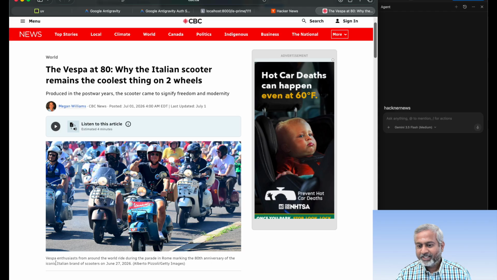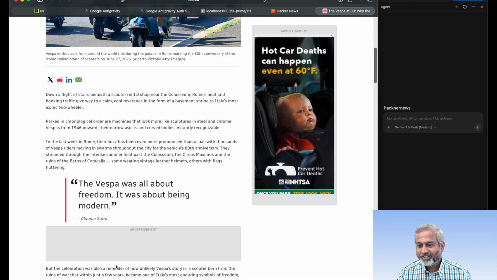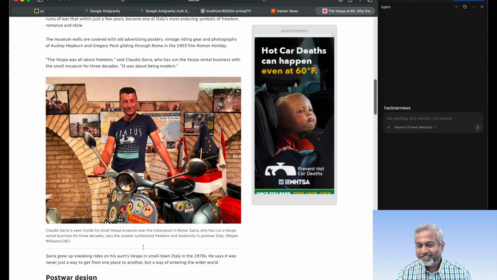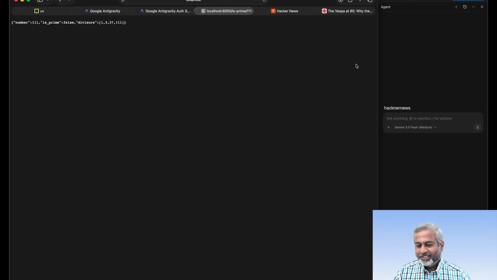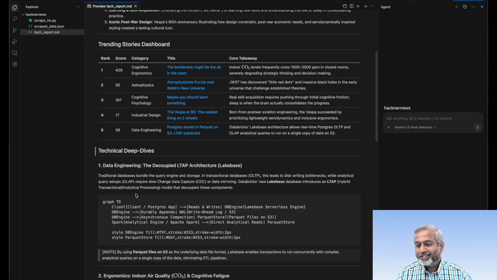So it is an iconic motorcycle, clearly, as you can see. Some of your parents may have had it, right? Such an amazing vehicle that has been in existence for 80 years. I think they're coming out with a new version too. I couldn't remember. And then there's more things about